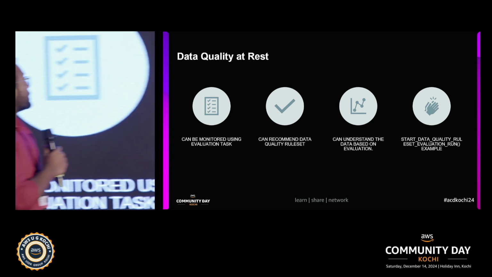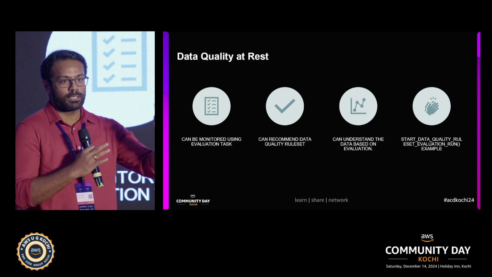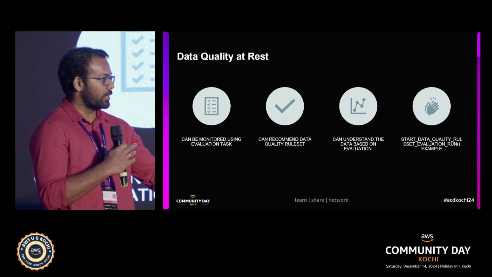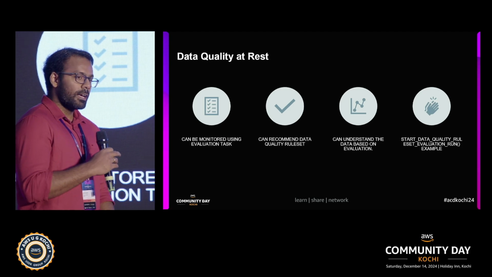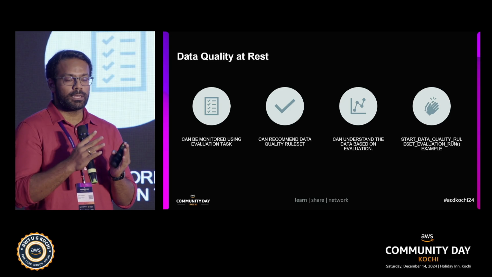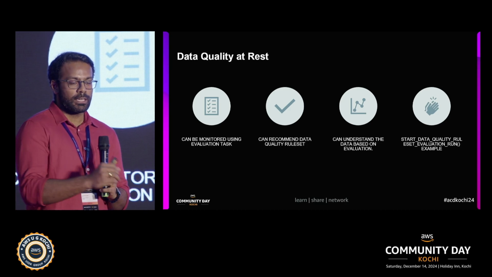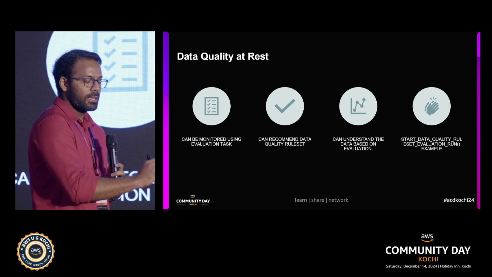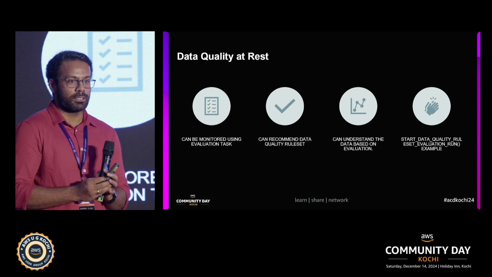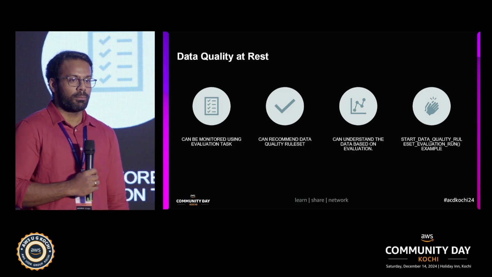So data quality at rest has two use cases. One is what was mentioned. We can plug and play with data and get a set of rules recommendations, try to improvise our data quality one by one, and then apply it using Boto3 and other tools. And situation 2 is where you can use that qualified data to create models and try to automate this process. In that case, we can have this qualified data being automated through any models we are trying to develop and processing them in secondary versions of it. So these are the two use cases. One is to identify and the second is to deploy them in our models.